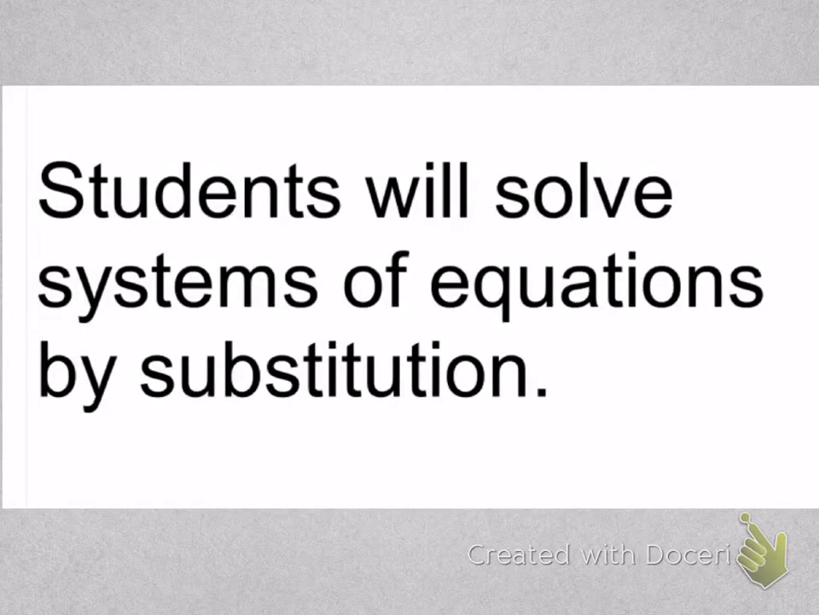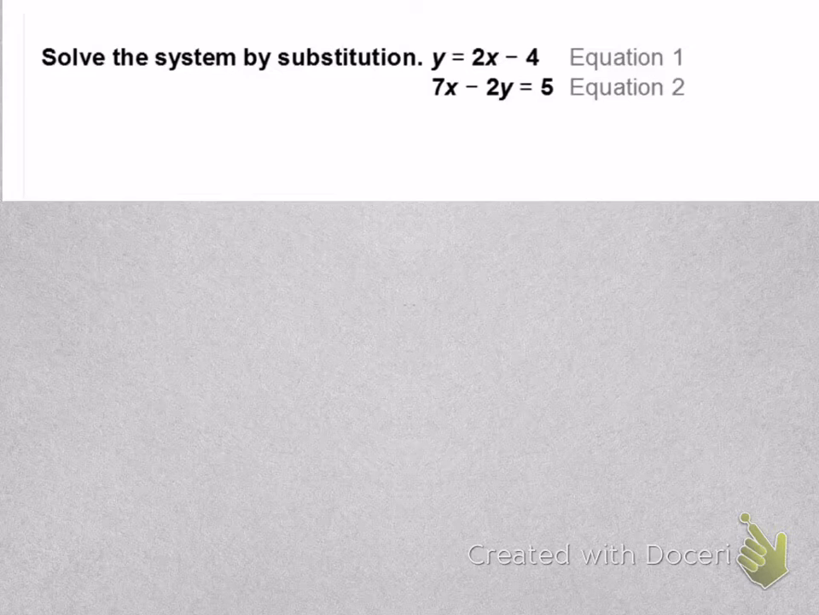Today I'm going to show you how to solve systems of equations by using the substitution method. When you use the substitution method, you need to have one of the variables by itself, x or y. So in this example here, the y is by itself. So we are going to substitute in, I like to put parentheses around it, 2x minus 4 in for the